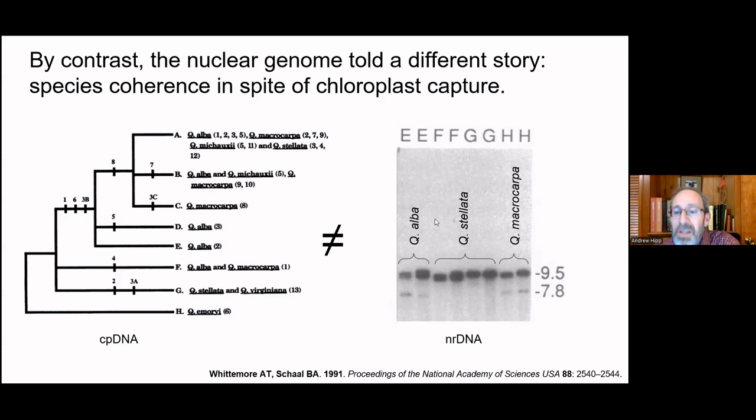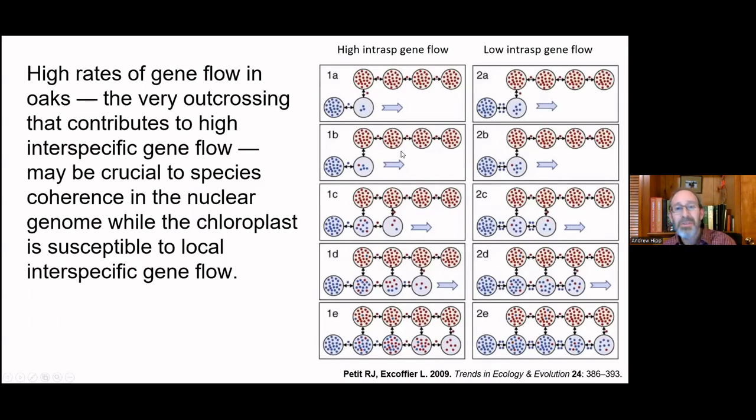When they looked at the nuclear genome, what they found is that white oaks and bur oaks had one nuclear genome type, and post oaks had another altogether. So this suggested that there was some reproductive isolation between at least Quercus stellata and macrocarpa and alba that wasn't reflected in the chloroplast. It turns out, with more work on this, that is a universal story, that genomes with